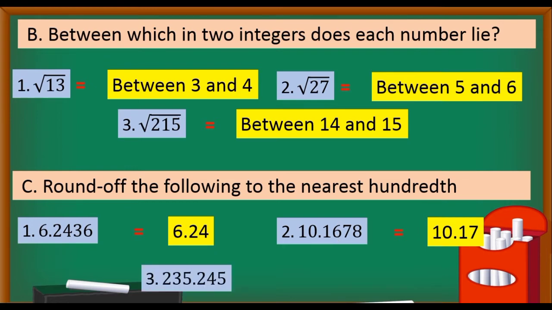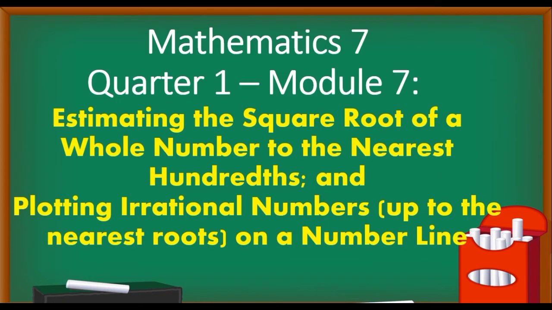And how about number 3? 234.245. Oh, 5 yung kasunod. So, ibig sabihin, magra-round up siya. So, therefore, the answer is 235.25. Ngayon, ang ating Mathematics 7, Module 7 ay estimating the square root of a whole number to the nearest